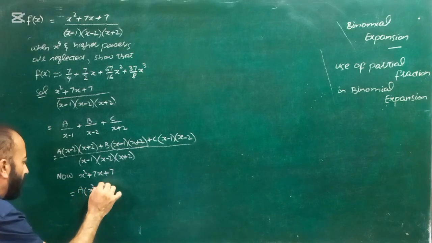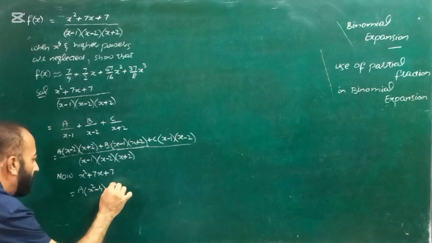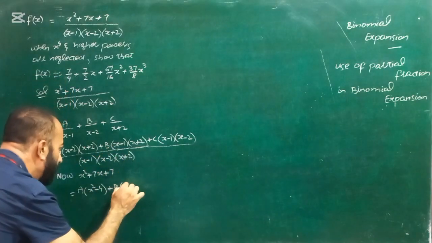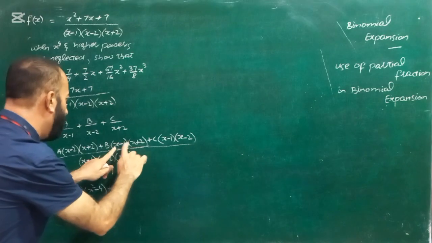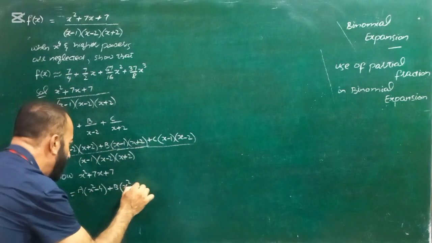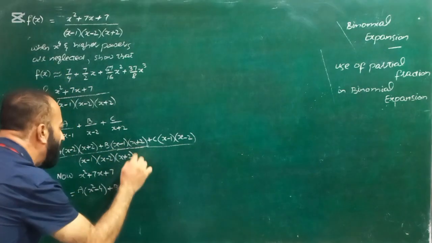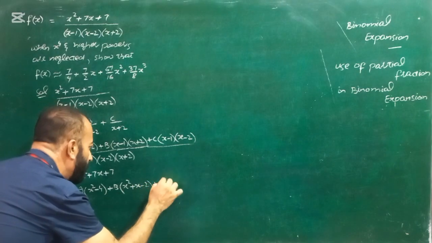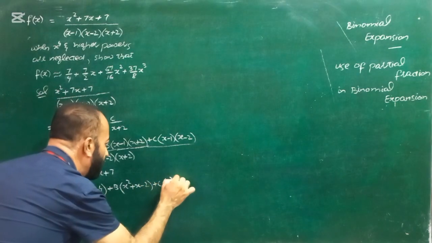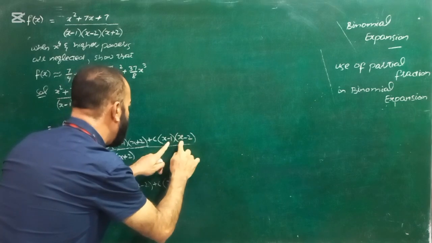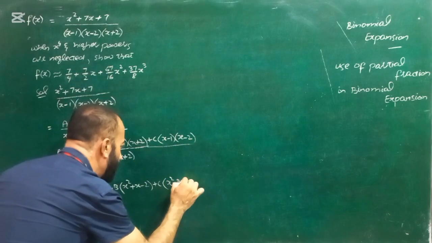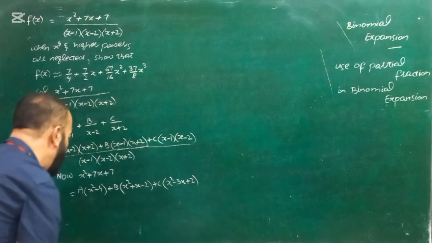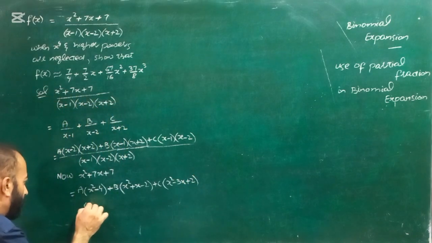square minus 4, plus b into x square plus 2x minus x plus x and minus 2, plus c into x square minus 2x minus x will be minus 3x and plus 2. So at this step, comparing,